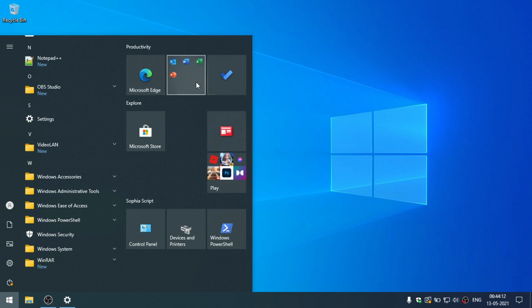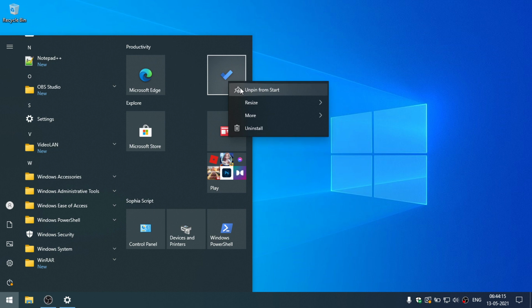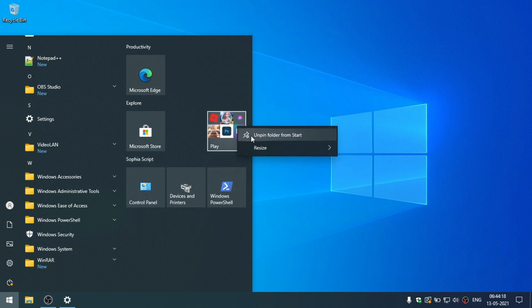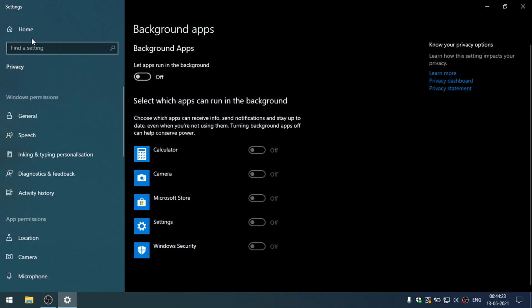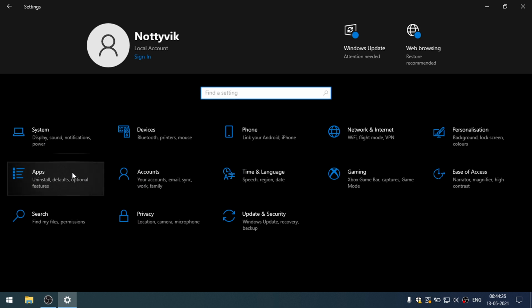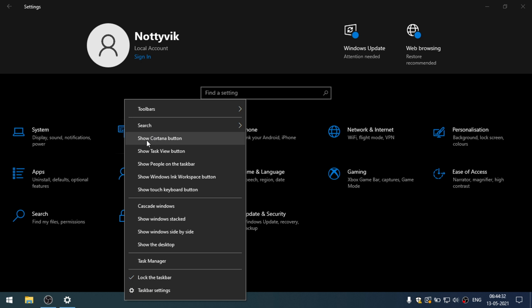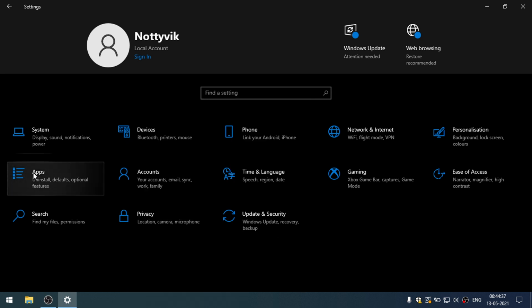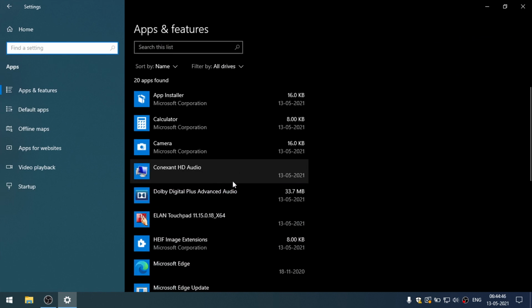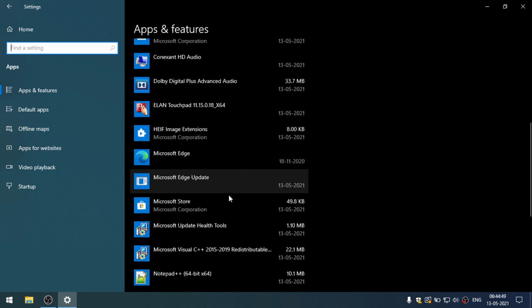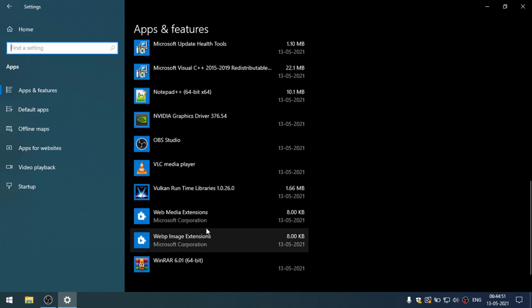So what we have to do now, just right click, unpin, right click, unpin, unpin this and unpin this, unpin this also. And one next thing to do, I want to go here. As you can see here, OneDrive is gone now from here. And you can see the Cortana button which was here, it is also gone. Search button is also gone. Now what I was doing, just let's go to apps. You can check if there is any software left which you don't want, you can remove it manually from here.